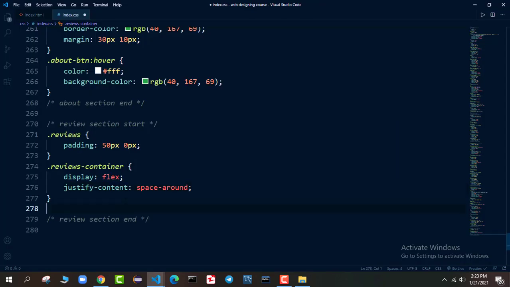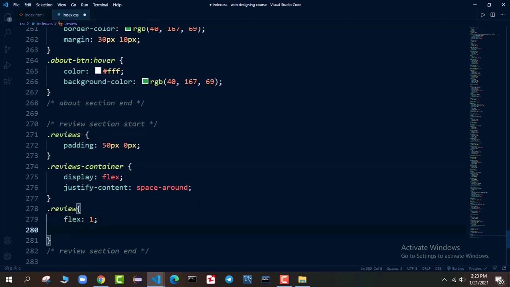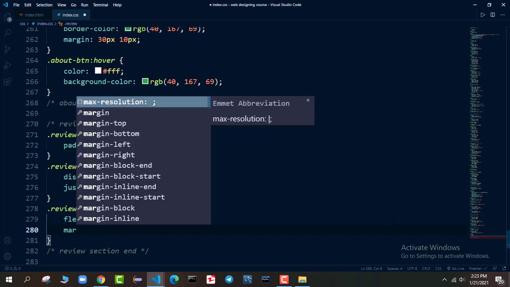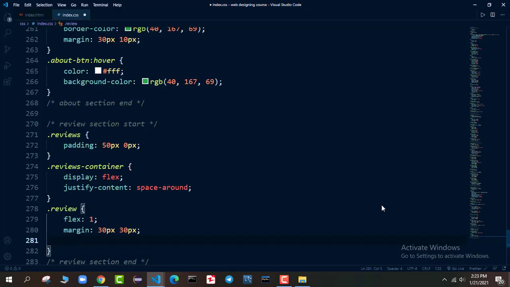If I refresh it, you will not see any of the effect out there for now. Now we'll say review flex 1, both of them will occupy the same space, margin 30 pixel, top bottom 30 pixel, left right 30 pixel. Refresh it. We are not seeing anything for now, but we will see in a bit.